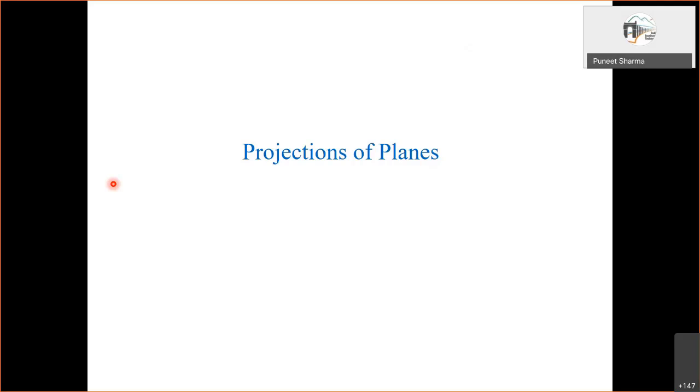Okay, so this is the next topic, projections of planes. And as I had mentioned in the earlier class also, for all these projections, effectively what we have to make use of this